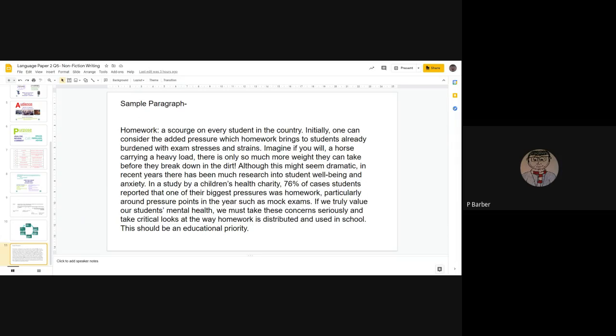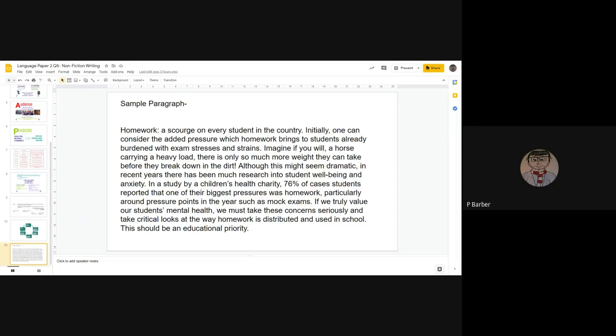So here we go. Homework: a scourge on every student in the country. Initially, one could consider the added pressure which homework brings to students already burdened with exam stresses and strains. Imagine, if you will, a horse carrying a heavy load. There is only so much more weight it can take before they break down in the dirt. Although this might seem dramatic, in recent years there's been much research into student well-being and anxiety. In a study by a children's health charity, 76% of cases, students